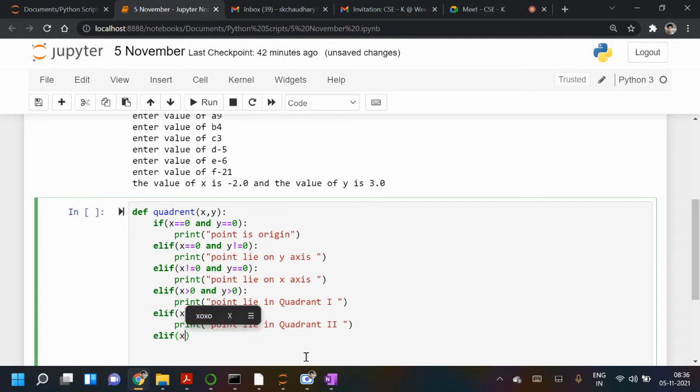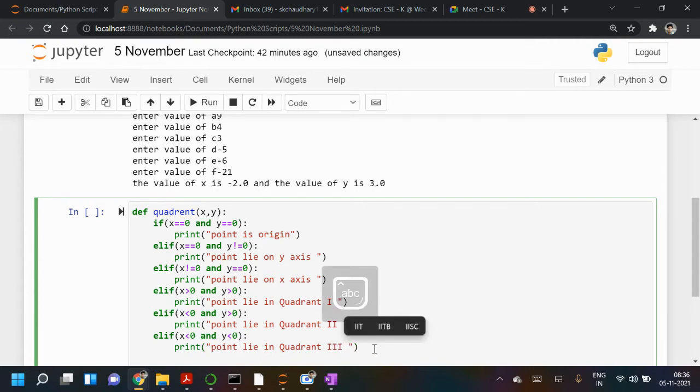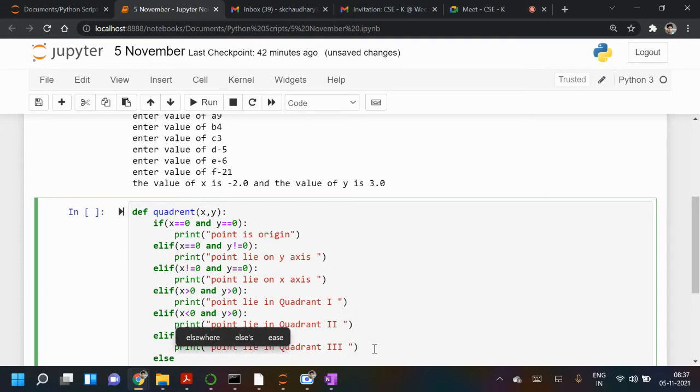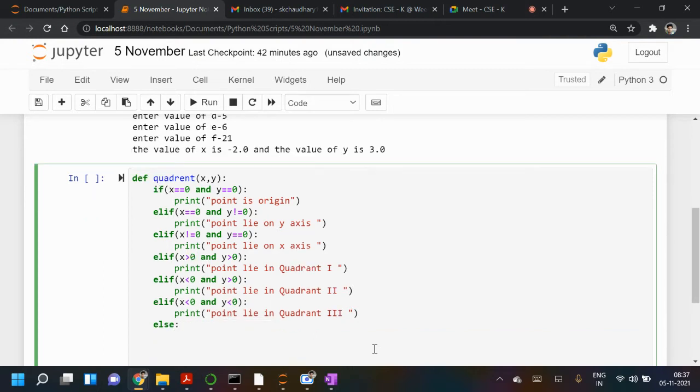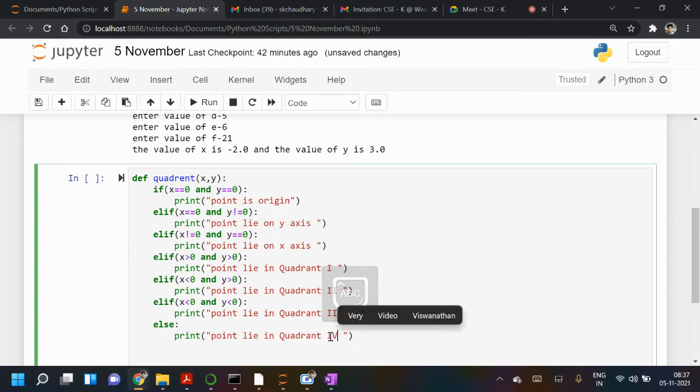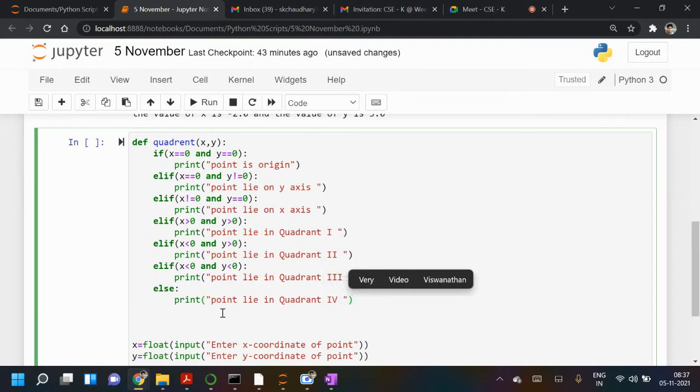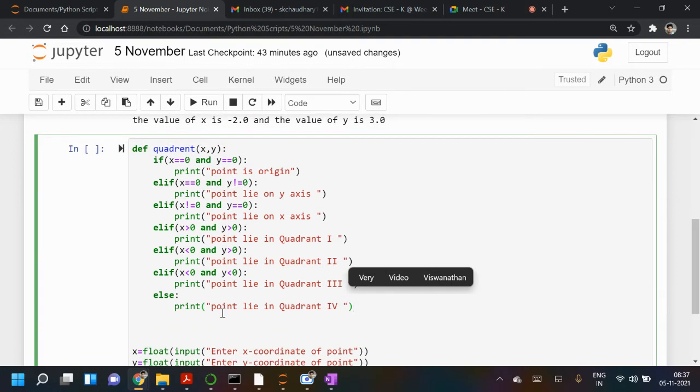So in third quadrant, x is negative and y is negative. Okay, so lie in quadrant 3. You may write else. So in the else condition, what will happen? The other part. So let's check. Is it working or not? So this just defined a function for second, third quadrant, origin, x-axis, y-axis, and